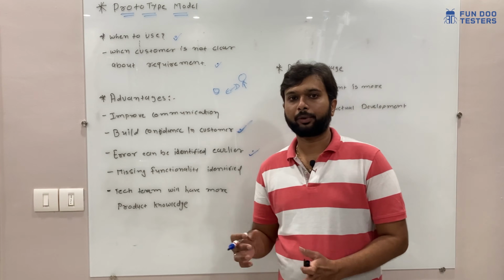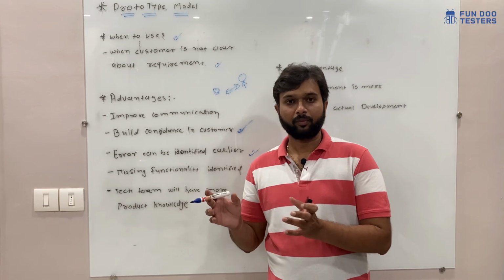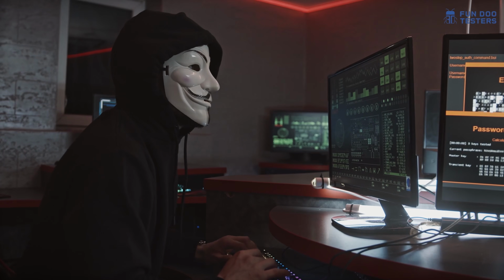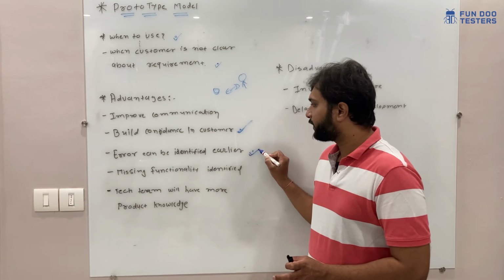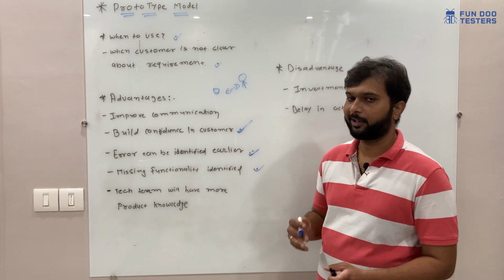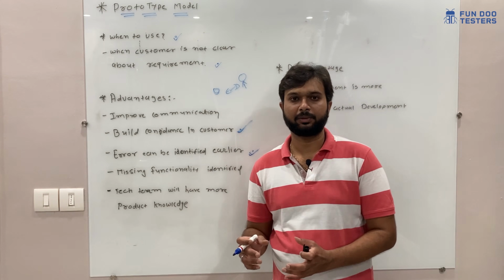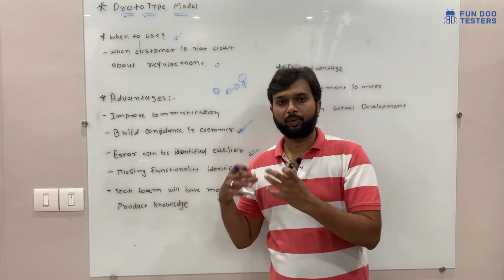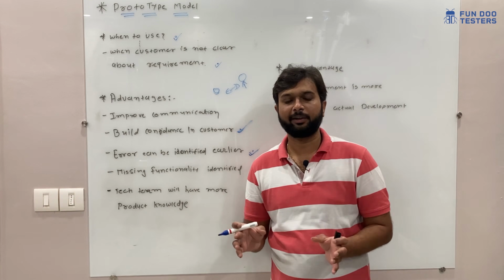Later on, errors can be identified earlier. We have developed the prototype, and in the prototype the developer, tester, designer, business management, project manager, and client, everyone has been involved. So there are many chances they can identify errors in the prototype-making stage itself. So we can say errors can be identified in the earlier phases only. After that, missing functionality can be identified. Again, they have communicated much on the prototype, so they will get to know if any functionality is missing, if they feel we can add something else instead of this, or we want to remove this. This can be identified earlier, and it will be easy for both the client and the development company.